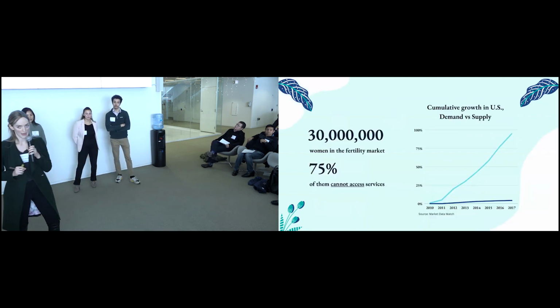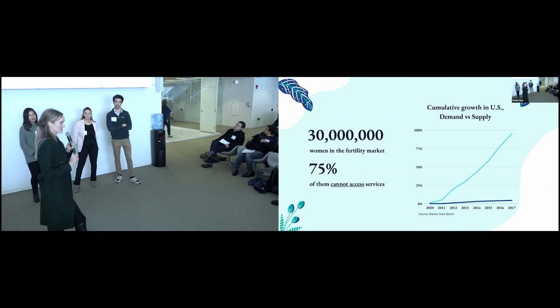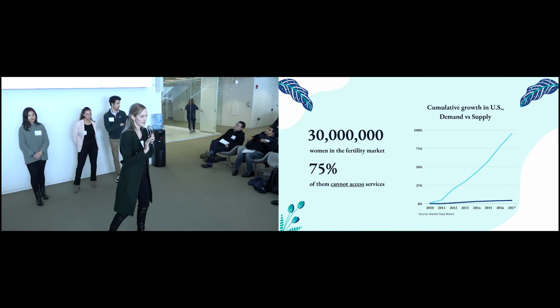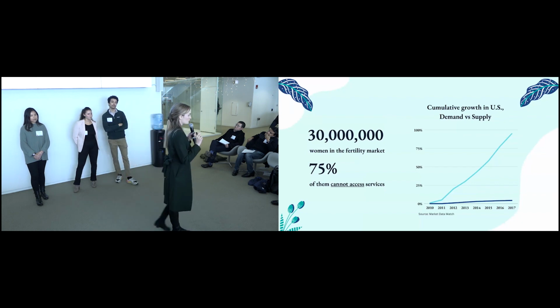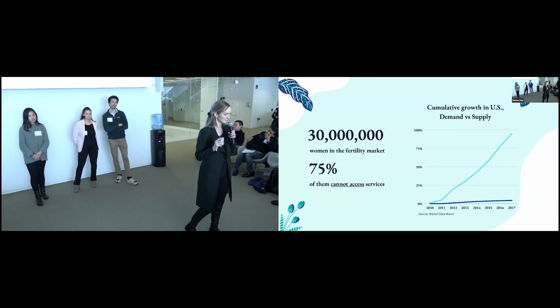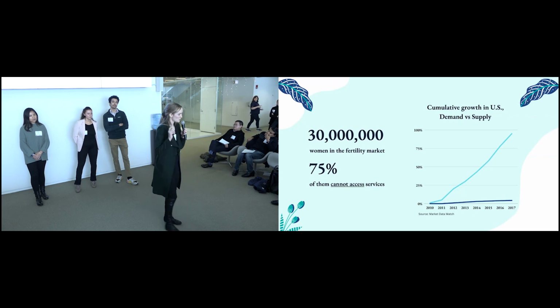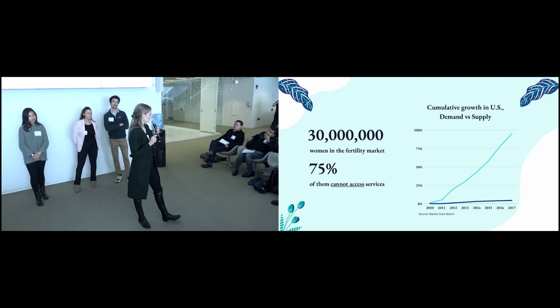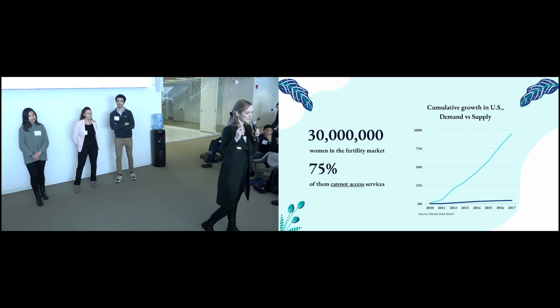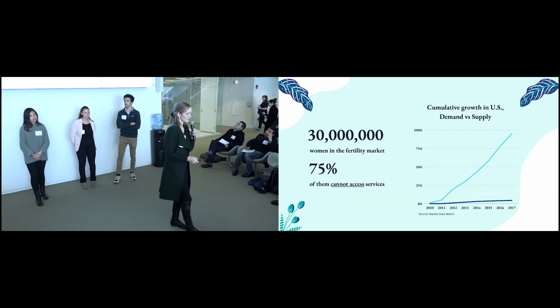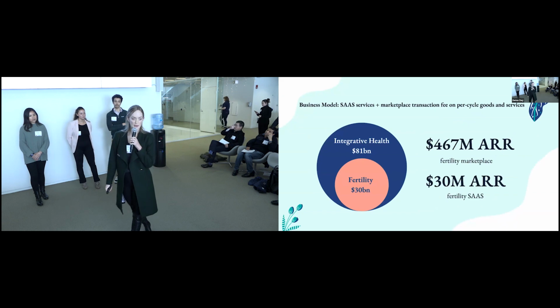So why are things so bad? There are 30 million women like me in this market and only 500 fertility clinics in the United States with 1,700 doctors. So only 25% of us even get access to the services that we need. But the good thing about this much demand side pressure on supply is it's going to force new entrants. So we're right at that exponential accelerant inflection point where it's really going to take off. So we're going to grow with that market.